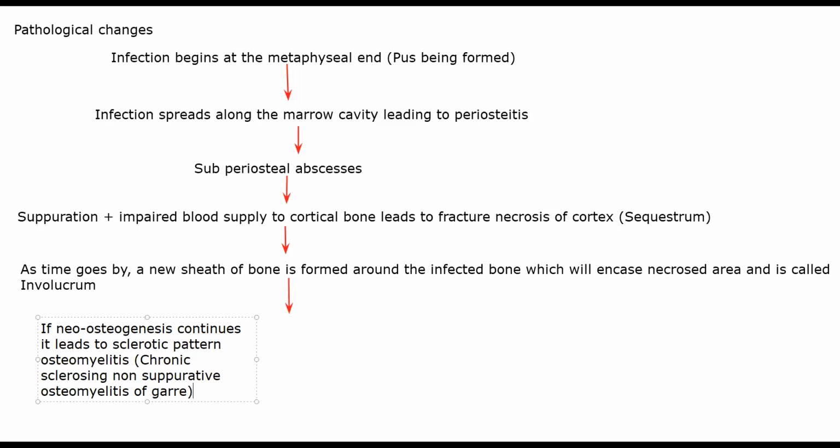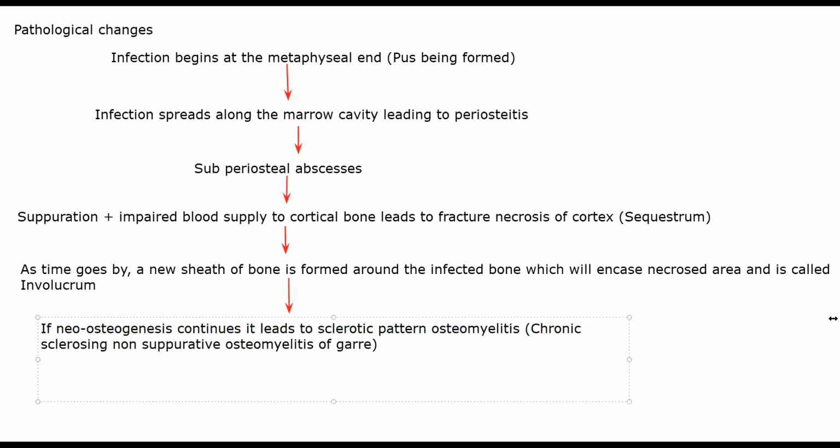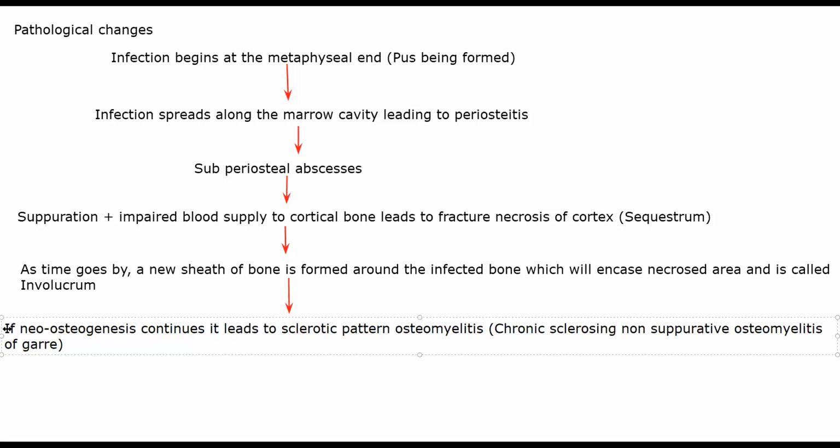The new bone does not have suppuration. ठीक है, inside the bone there might be suppuration, matlab it might encase a suppurative area where necrosis has occurred and all of that, but the new bone itself will not have pus. That is why it is non-suppurative. Please don't get confused thinking that there is no suppuration altogether. That it is inside the bone. Sequestrum hai necrosed area mein, but the new bone that is being formed, that does not have any pus.